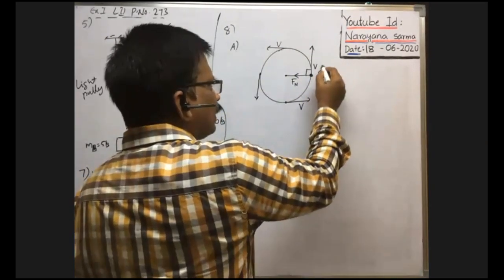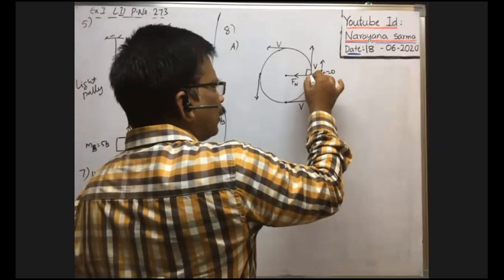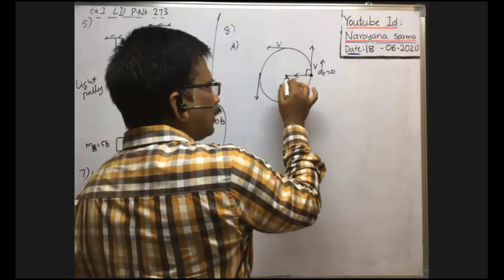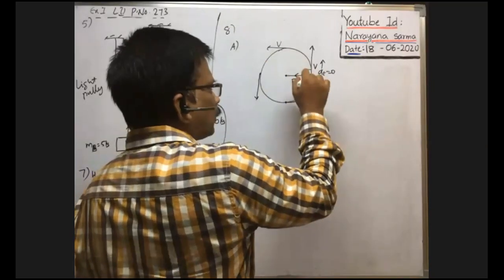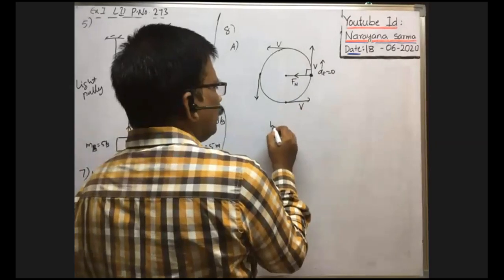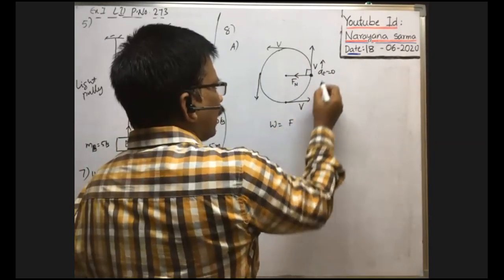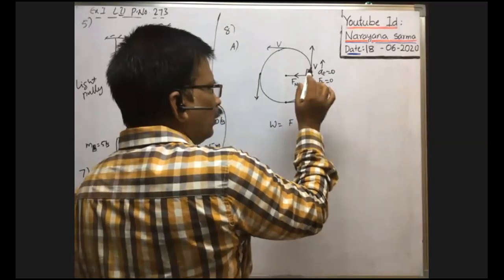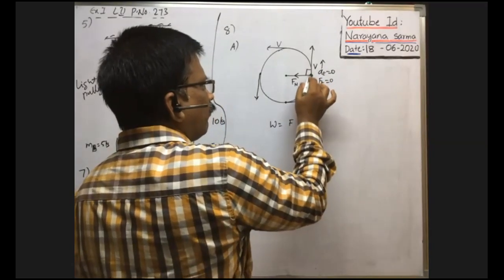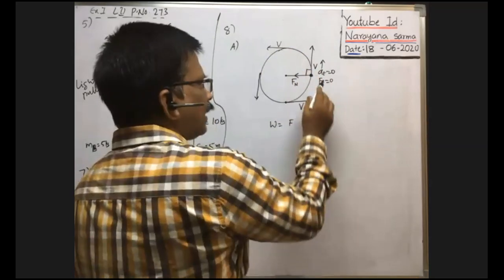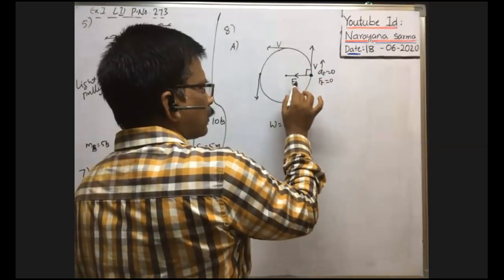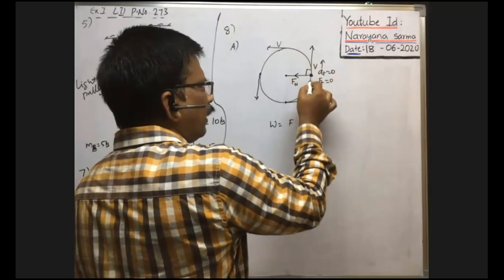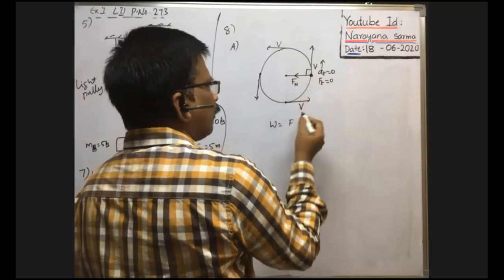Whenever tangential acceleration is 0, no force acts on the body along the tangential direction. Only the centripetal force acts on the body towards the center because of circular motion. That's why work done here is 0. As the tangential acceleration is 0, tangential force is 0. These are the only two forces acting on the body while it moves along the circular path. Only Fn is the net force. Net force is perpendicular to the velocity of the body, or direction of motion at that instant. That's why work done is 0.